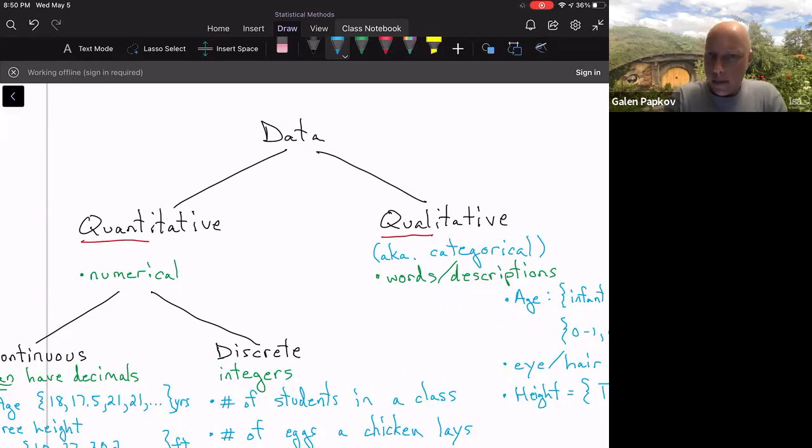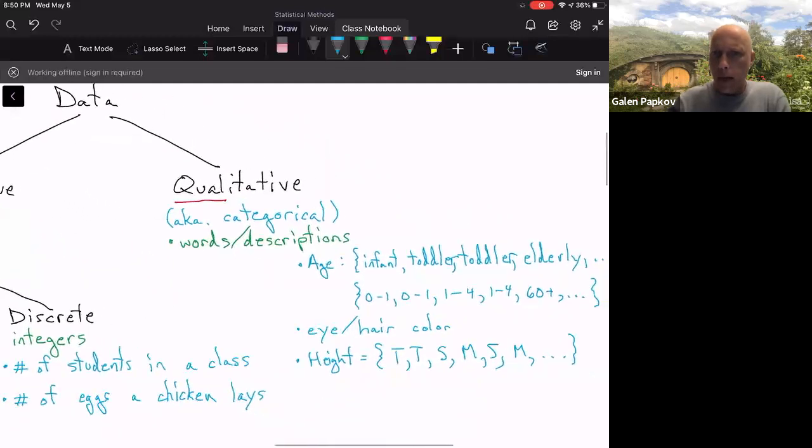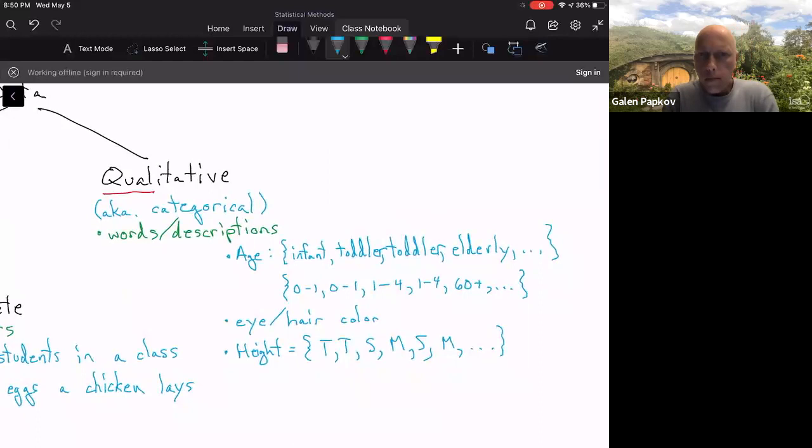Now, there is an exception on the qualitative side where it could be numbers, and that would be, for example, an interval, such as if you were recording age as 0 to 1, and the first subject used in the study is somewhere between 0 and 1 years old. Second subject's also between 0 and 1. The third is between 1 and 4. The fourth is between 1 and 4. The fifth is over 60, and so forth. And so there you're seeing numbers, but they are intervals. Alternatively, you might see